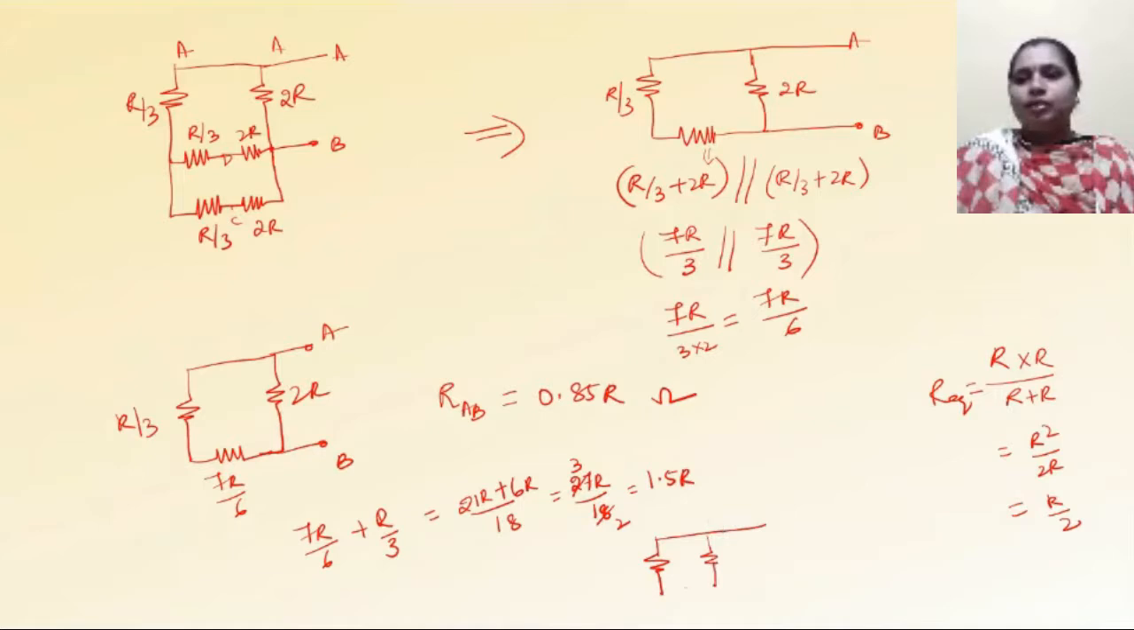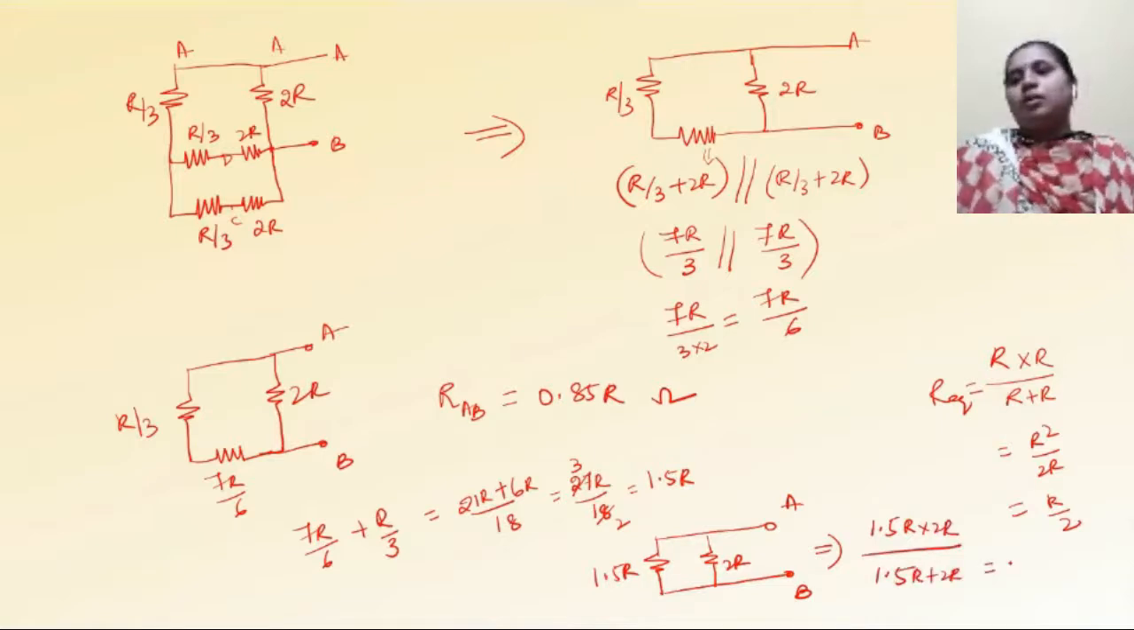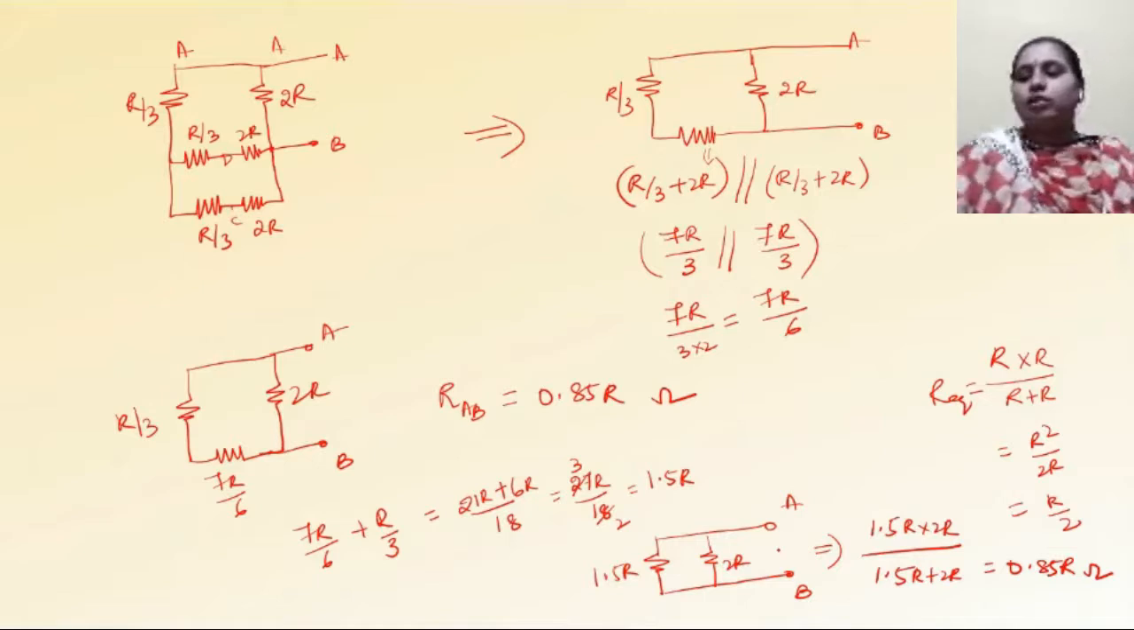So 1.5R is in parallel with 2R. Okay, so 1.5R is in parallel with 2R. This is points AB. So now what is that? 1.5R into 2R divided by 1.5R plus 2R. It is nothing but 0.85R ohms. So this is the equivalent resistance of the given